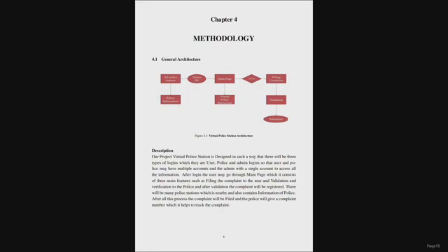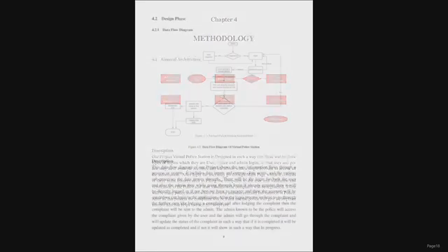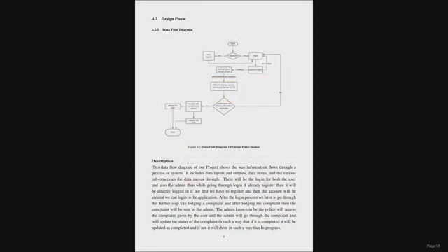After login, the user may go through the main page, which consists of 3 main features, such as filing the complaint by the user, and validation and verification by the police. And after validation, the complaint will be registered. There will also be many nearby police stations, with information about the police. After all this process, the complaint will be filed and the police will give a complaint number, which helps to track the complaint.